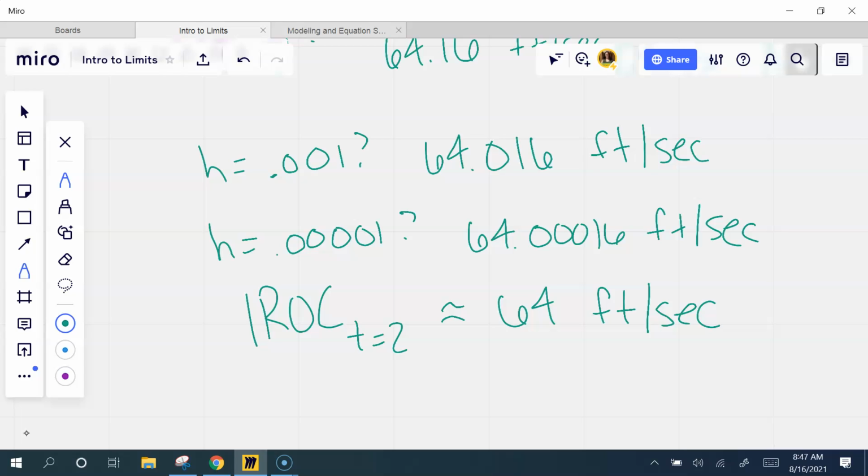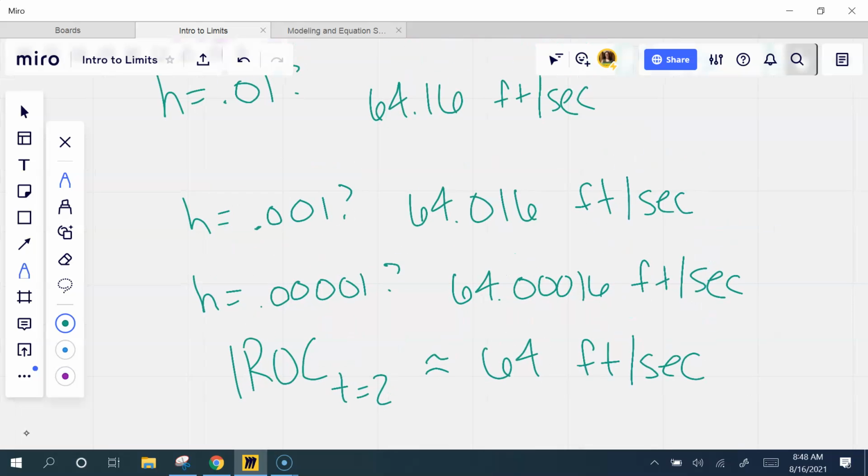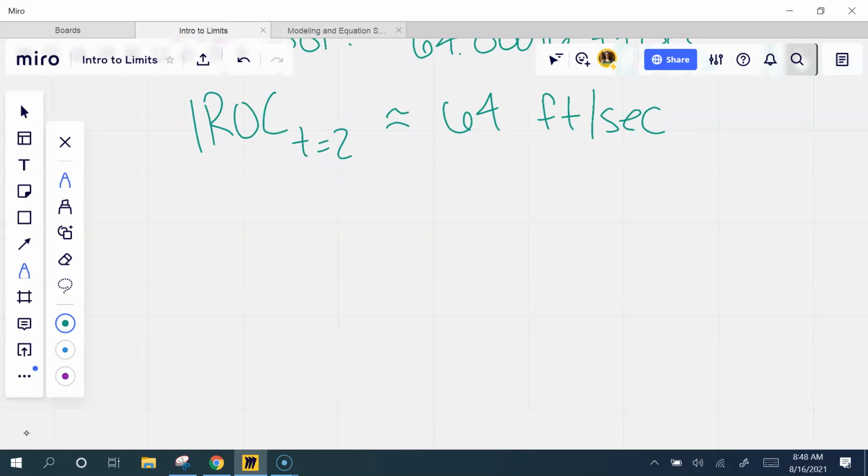I'm thinking whether I should just jump into limits or show you this. I'm going to show you because you're going to have to do this formally. There's always a question or two with the formal definition of a limit or the formal definition of a derivative. So the more you see it, the less intimidating it is. For any h value, in fact, could I come up with an equation for this? And the answer is yes. If I think back to that IROC formula,